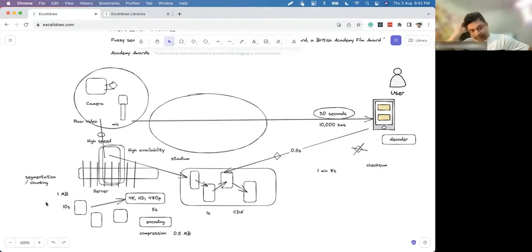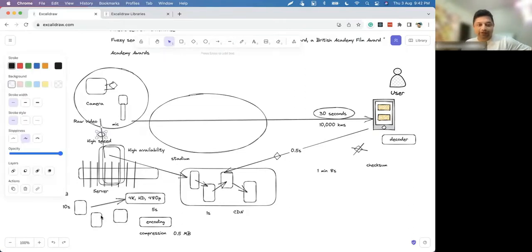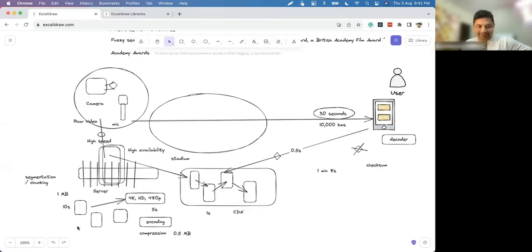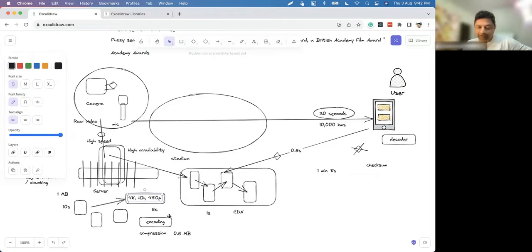Correct. And then finally you have copying to CDN, right? But yes, see what you will copy in CDN, the raw video or chunked content? Sorry, you will copy all these different kinds of video formats, right? Each of these formats, 4K, HD, 480p, you have to copy it. So these chunk servers, basically this is the segmentation server or encoder server or whatever you can call it.